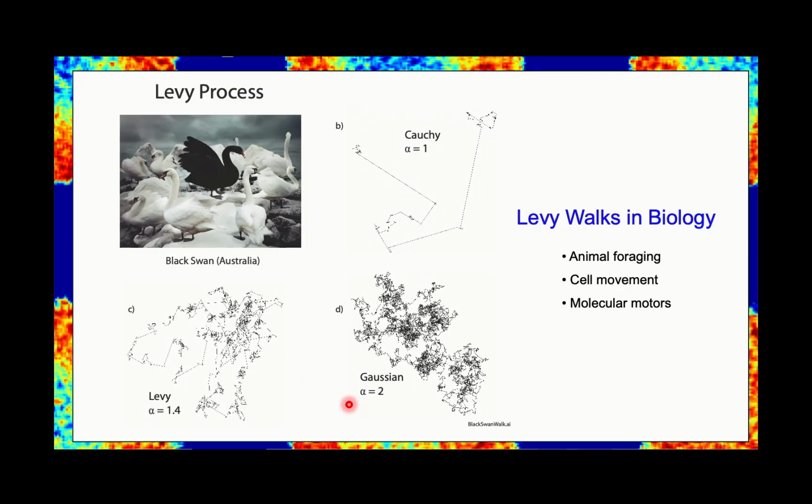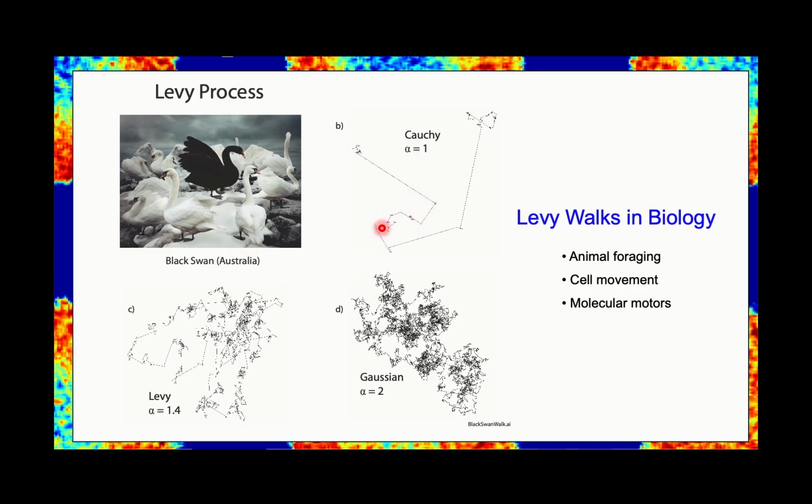And so that's really intriguing, right? That brings up the idea that perhaps what we're seeing are Levy processes in the living tissue. And Levy processes have been found using live cell imaging, and also just in animal biology. It turns out animal foraging is like Levy. And Levy is characterized by